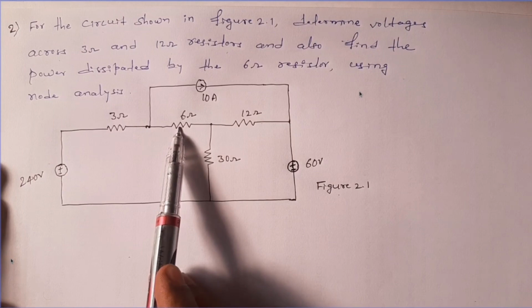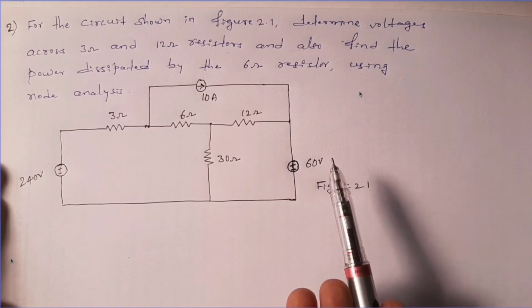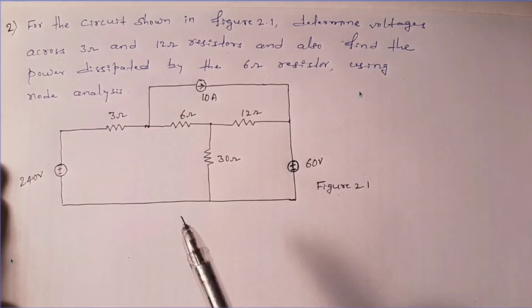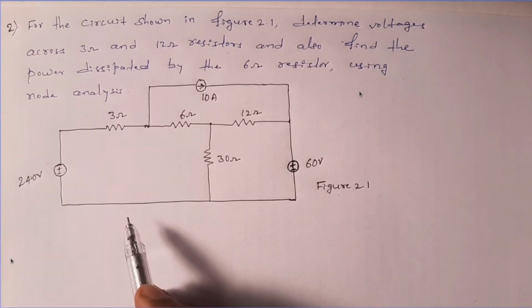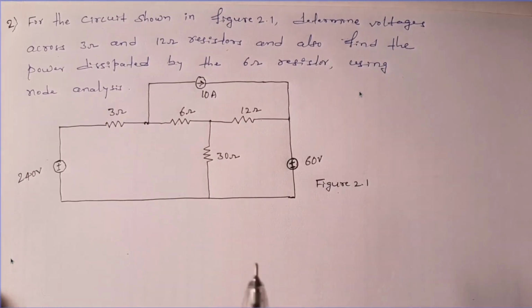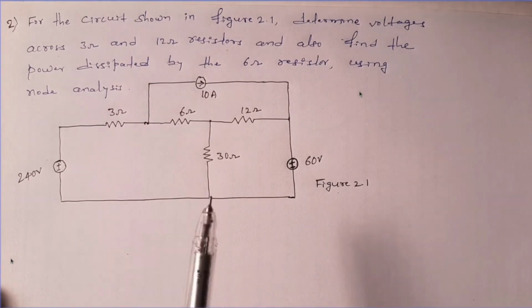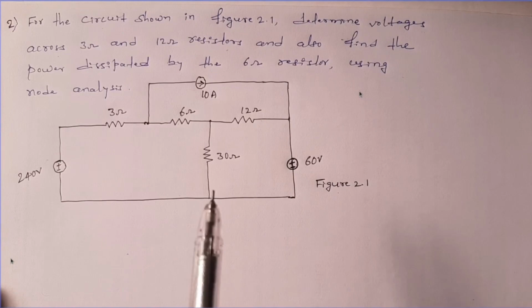If you see, dear students, there are actually 3 meshes. Even the same circuit you can solve using mesh analysis, but here we should solve it using node analysis. Whenever a problem is given in a question paper and a method is mentioned, you are supposed to follow that method only. Even if you get the same results by a different method, you don't get any marks for that question. If the method is not mentioned, then the choice is yours, dear students.